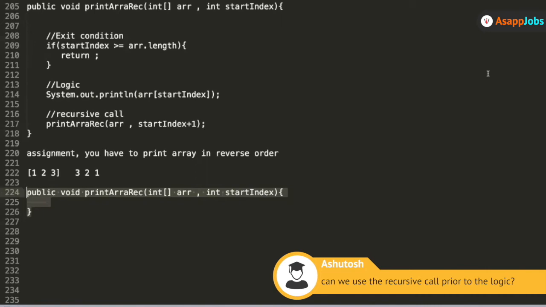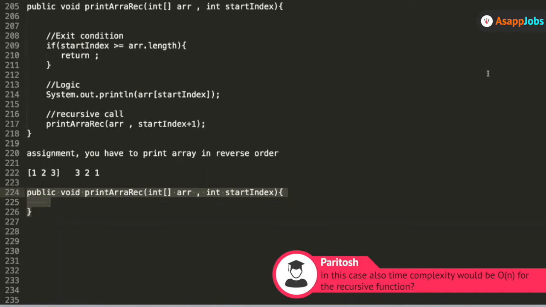What is the advantage of that? When do we use it, and how does it internally impact the memory utilization of the stack trace that a recursive call forms? So we'll take this up. I think this is a very important concept: when should we use it, before and after that.